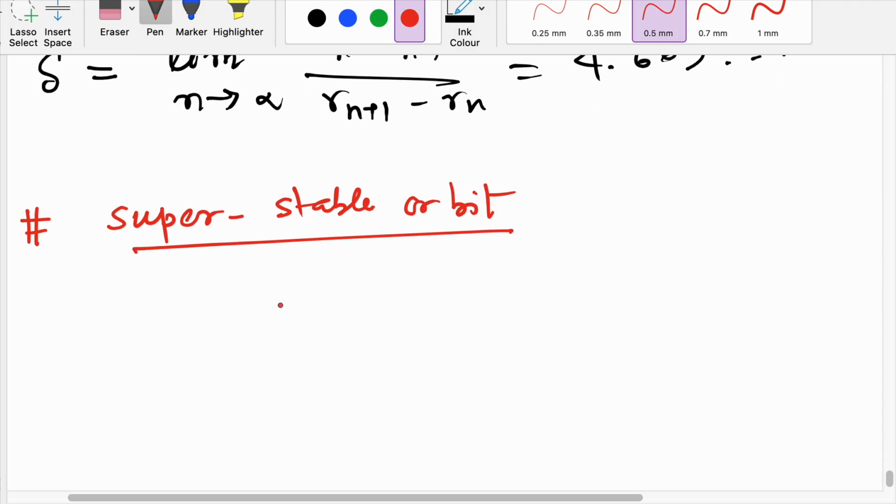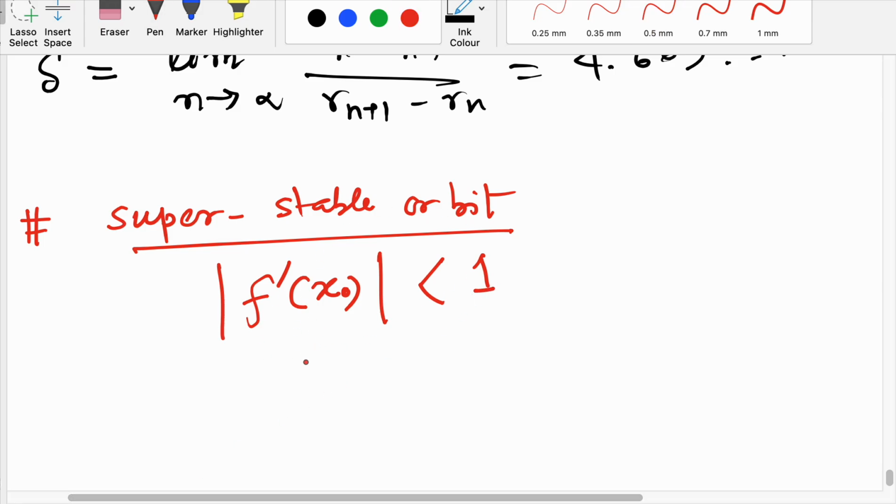So we know what stability means. Stability means that if I take the first derivative of a function, the modulus value of that derivative, if it is less than 1, then we call the function stable near the fixed point x equal to 0. Now what is the minimum value it can take? Since it should always be positive and it has to be less than 1, what is the minimum possible value it can achieve? That will be 0.